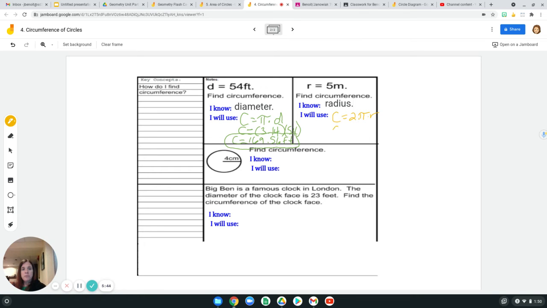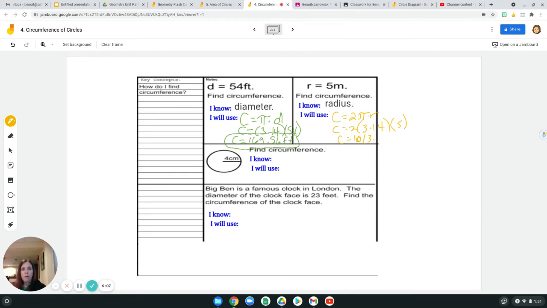All right, so substitute in 2 times 3.14 times r, which is 5. Some of this math I can do without a calculator. Remember, the commutative property says you can multiply in any order and still get the same product. So I'm going to do my whole numbers. 2 times 5 is 10